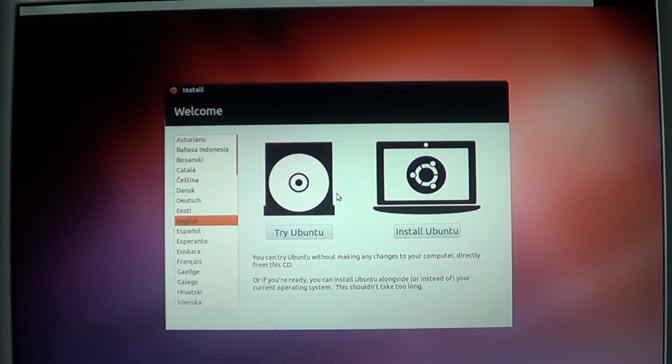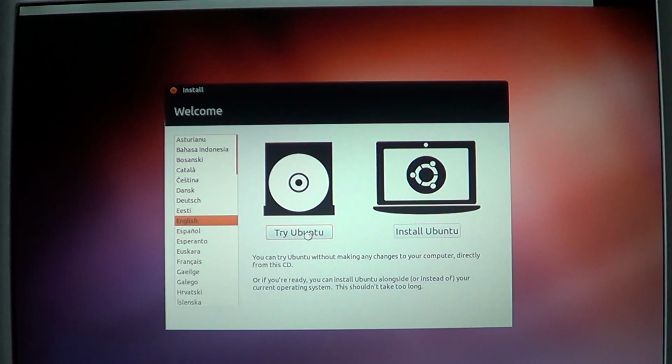The reason why I choose Ubuntu is because it's one of the easiest operating systems to use, for people that just don't understand much about computers. So here you have the famous window. If you just want to try, you click Try Ubuntu, and this will not alter anything. If you click Install, it's going to install on your hard drive, and you might not want that. If you just want to test it out, just click Try Ubuntu,